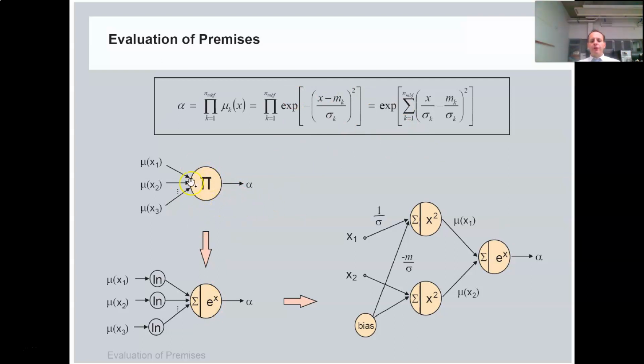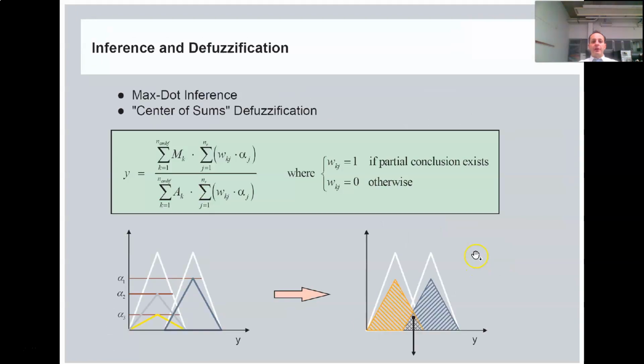The evaluation of the premises is obtained as a composition of the rules. So for the case of the product, when you are considering different rules, you have the or conjunction, and then you have this complete system of the evaluation. And then the inference and the defuzzification: in the inference you have a max dot because it is an or operation, and you have the defuzzification, which is normally